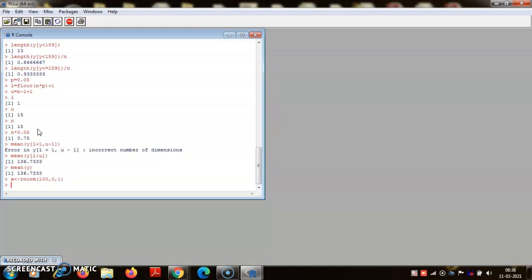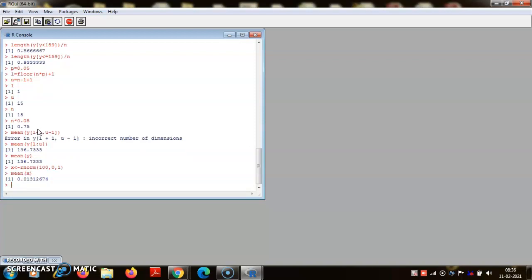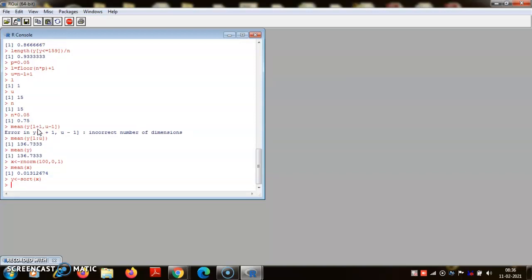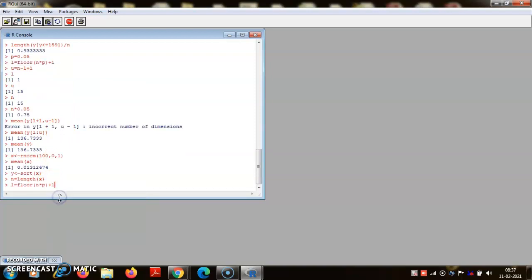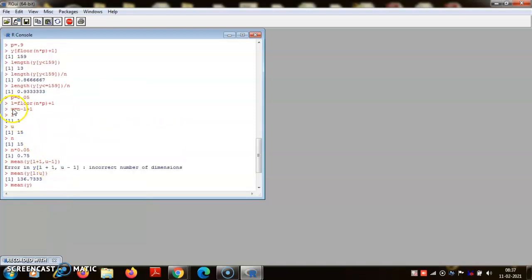So here you see the mean of x is this. But now, y is sort x. So now let us see, if I do this command, mean, now n is equal to length of x, and now you have got L equal to this, and u equal to this.